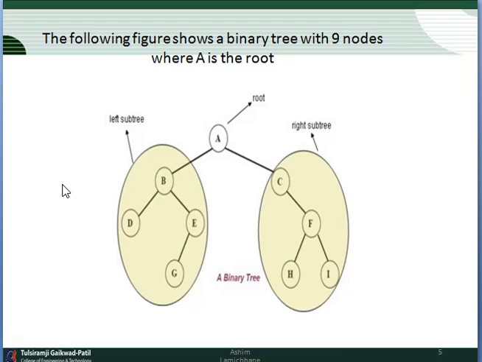The balance factor, or balance, also plays an important role in the binary tree. The balance factor of a node is the difference between the height of its left subtree and the height of its right subtree. Whatever the difference between the heights of the left and right subtrees, that is called the balance of a particular tree. A leaf is a node that does not have any children, as I already mentioned in the previous video. In other words, it is also called the end node of a particular tree.